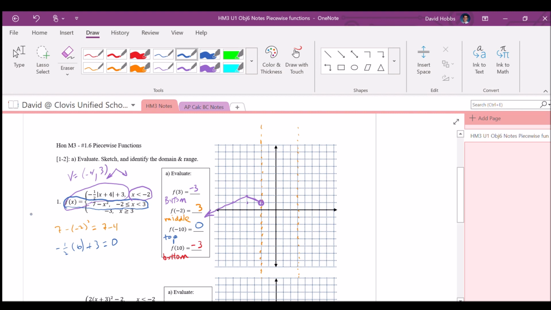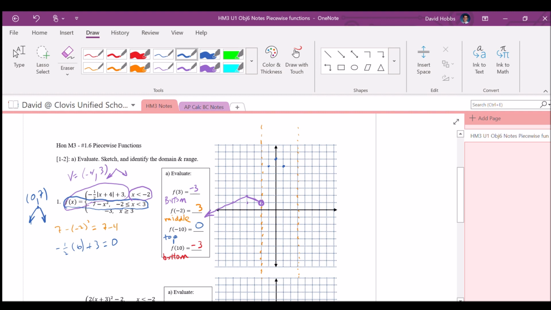The middle piece is a parabola opening down, because the a value is -1. And the vertex is 0, 7. Is 0 in those boundaries for the domain restriction? Is 0 greater than or equal to -2 but less than 3? Yes. So 0, 7, 1, 2, 3, 4, 5, 6, 7. There's my vertex. If I do my a value, -1, so if I go 1 point to either side, I would go down 1. And none of those are boundary points, so they're all going to be solid